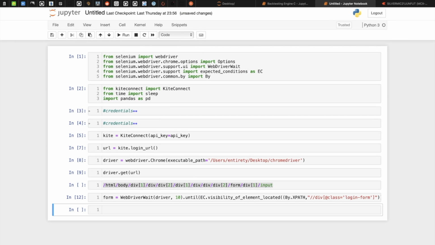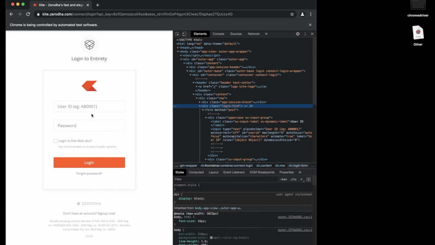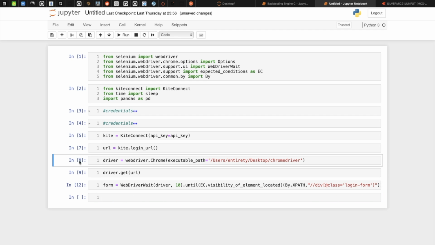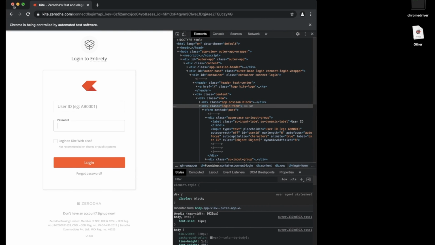The next task of ours is to get this user ID and the password. Let me show you what this line will do.